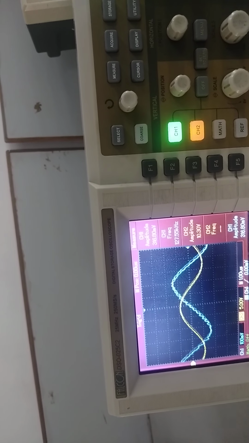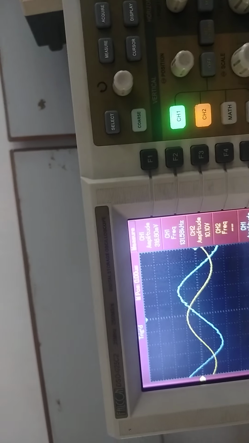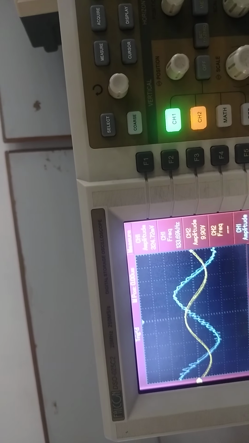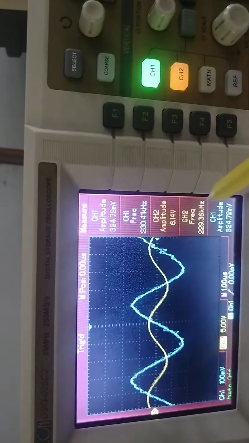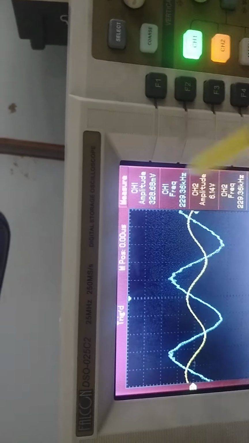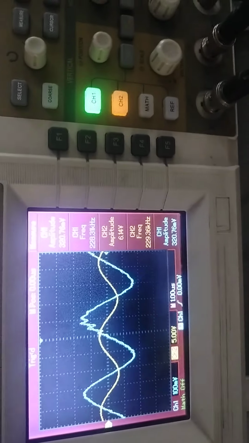For 127 kilohertz frequency, the amplitude is 10.10, right? So here the frequency is changing, and the amplitude of the channel 2 voltage changes. For every input signal frequency, the amplitude of channel 2 is increasing. Okay, that's what we observed here. So note down different input frequencies and output voltages for different frequencies and calculate the gain. Right? So this is the process of the pre-emphasis circuit.